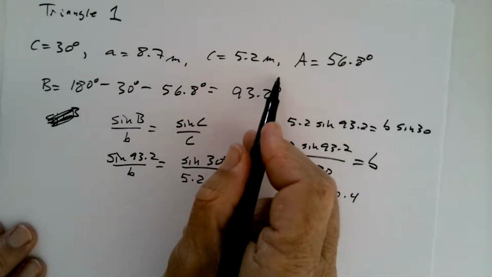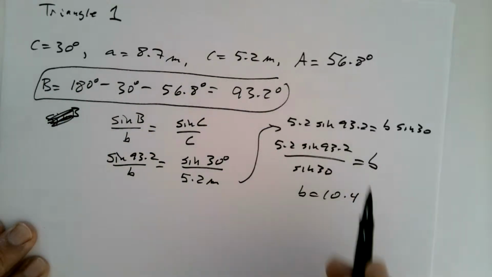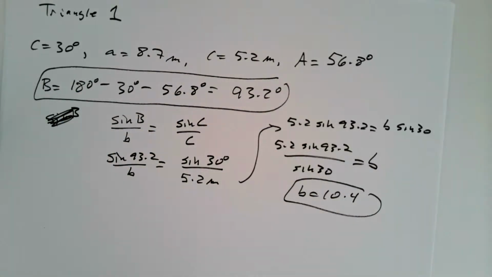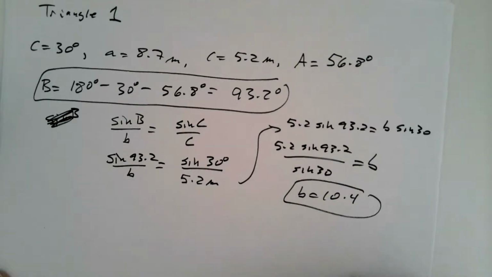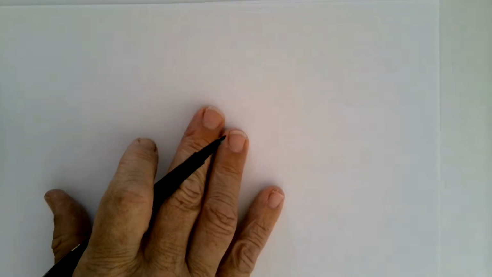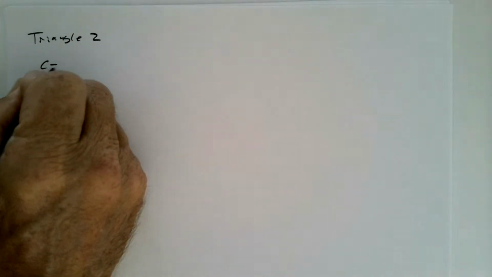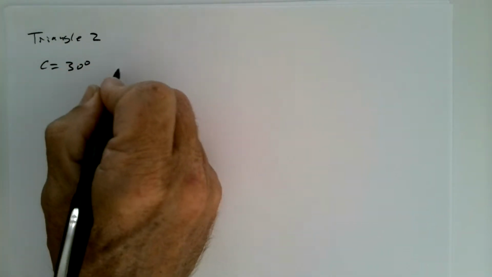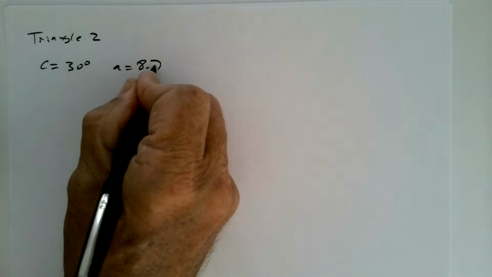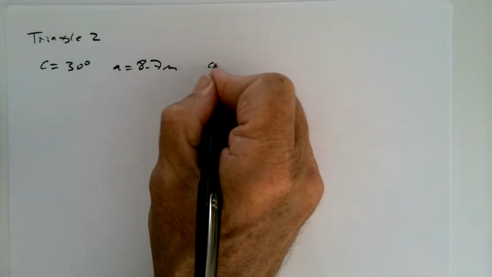So I had those four, and then I have big B here, and I have little b here, and I have solved triangle 1. But I also have triangle 2, so let's go through the process of solving for that one next. So what we're given, again, the same starting point. So for triangle 2, we have C is 30 degrees, A is 8.7 meters, C is 5.2 meters,